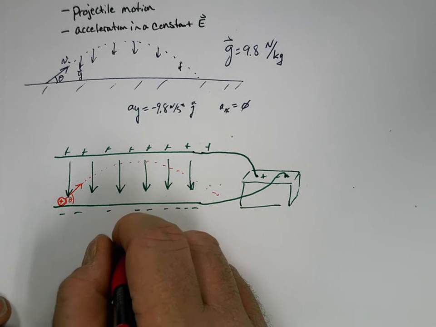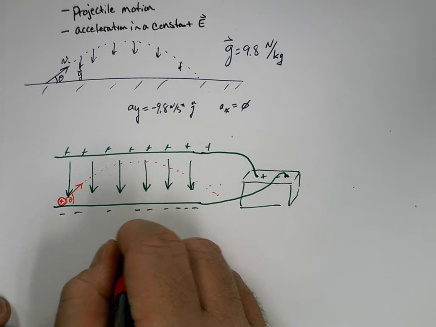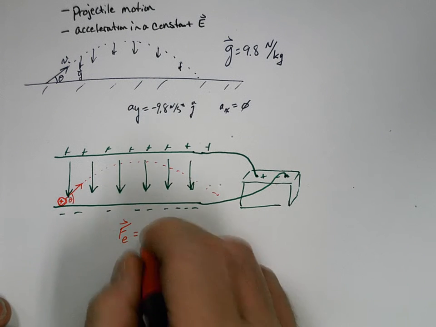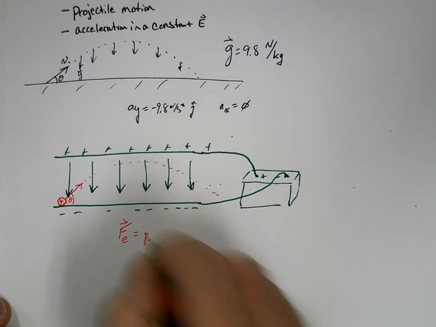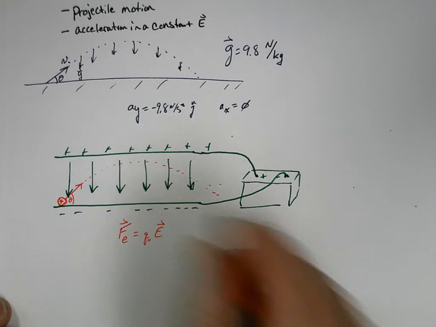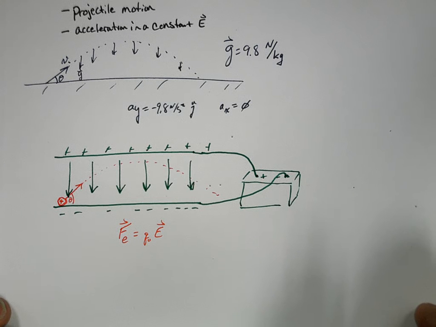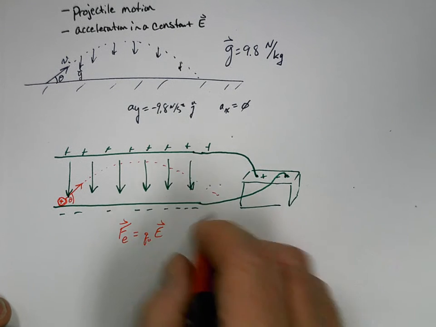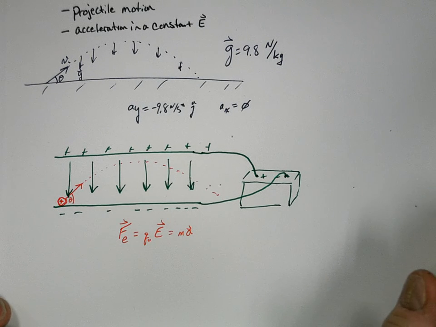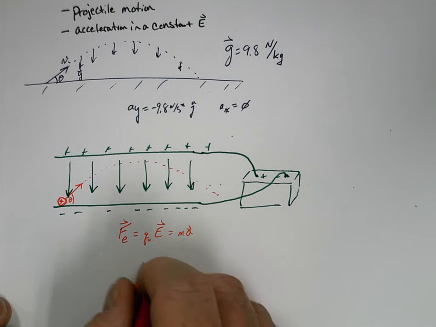So, what is experienced? Well, the electrical force it experiences equals the charge on the particle times the electric field. However, if this is the net force on the particle, it also equals the mass of the particle times its acceleration. Its acceleration then becomes